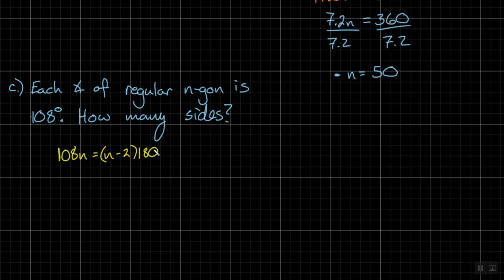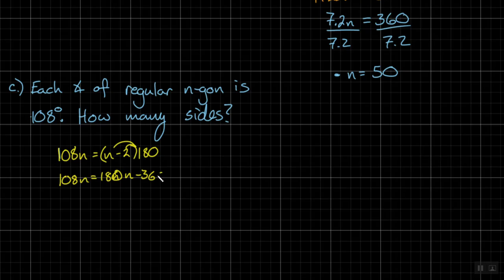Okay, once we're here, there's some pretty handy stuff that happens. This is always going to be n minus 2 times 180 every time that we do this, which means every time we could just jump right to calling this 180n minus 360. And it's going to be the same as before. So let's just kick forward. I'll distribute here and get 180n